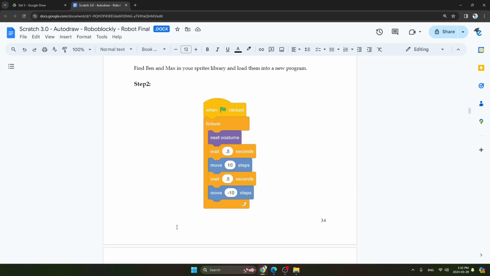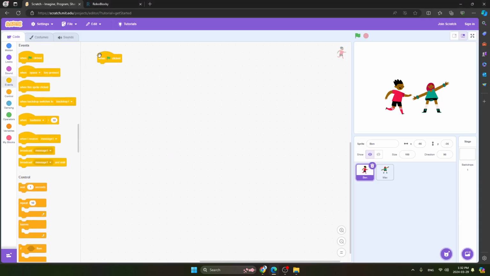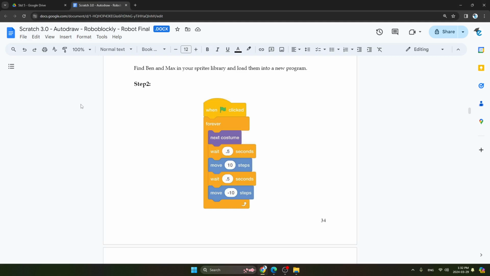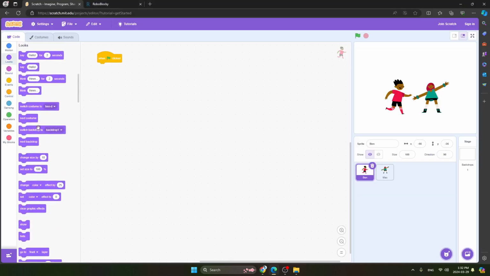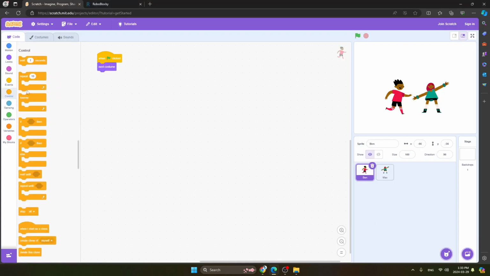So now we will do coding over here. First we will take when flag clicked. So here is when flag clicked. Second, next costume, we will go to Looks. Here we will find next costume. Now the third one, we will take wait 0.5 seconds.